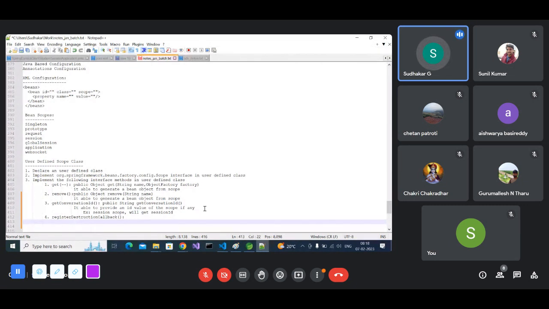So if you want, after the bean object is destroyed, to execute some implementation logic, then you can go for the registerDestructionCallback method. So what is the purpose? It will be invoked when the bean object is